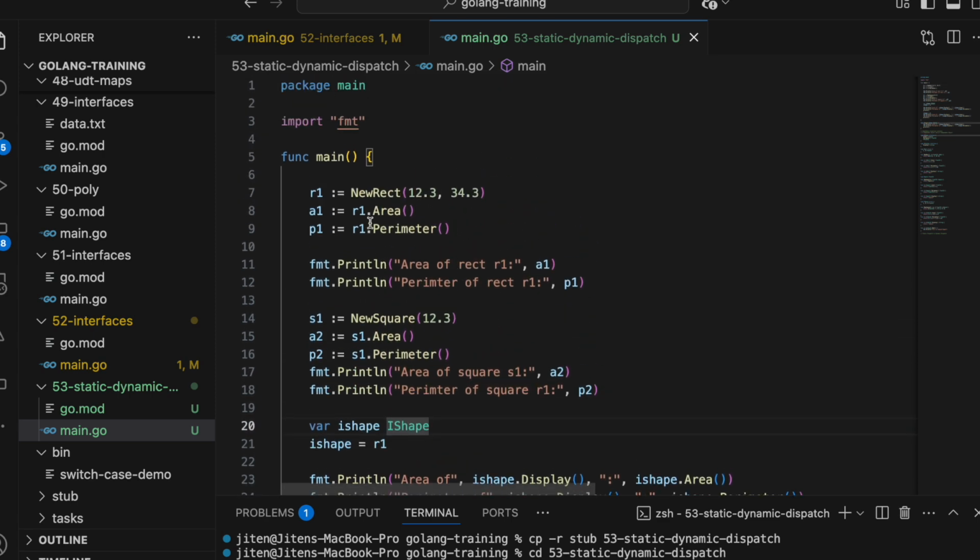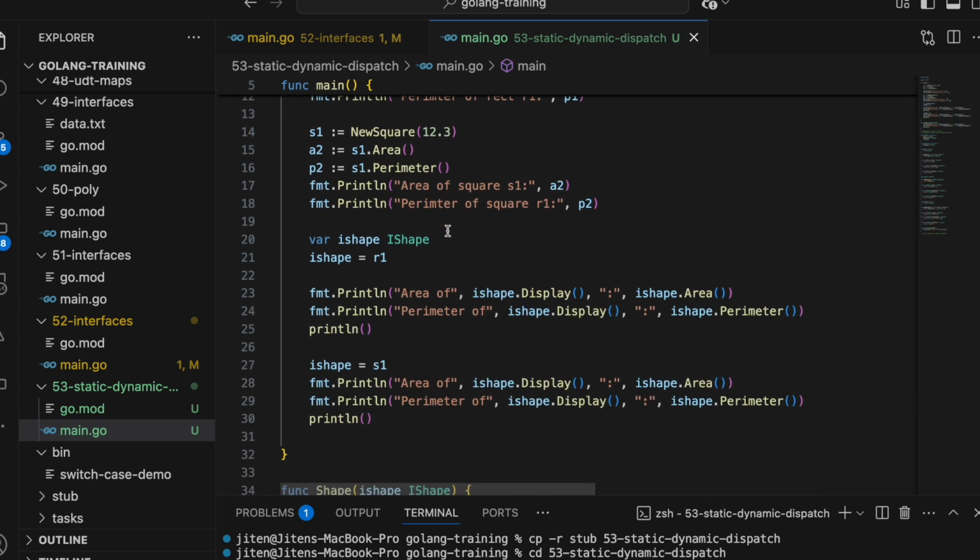That means when r1 is this particular pointer, it should know exactly that this is the pointer, I'm just explaining r1.area. That r1.area pointer is invoked here. Why does it invoke the r1.area pointer? Because r1 means the new rectangle.area. The reason is the ITable contains the concrete type implementation of rectangle. So what happened is, when a method is called on an interface,